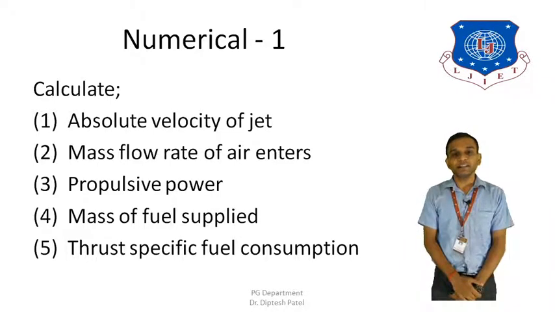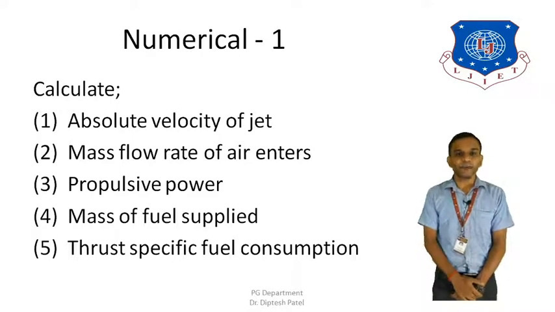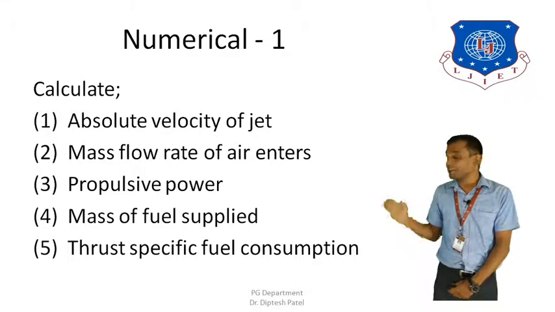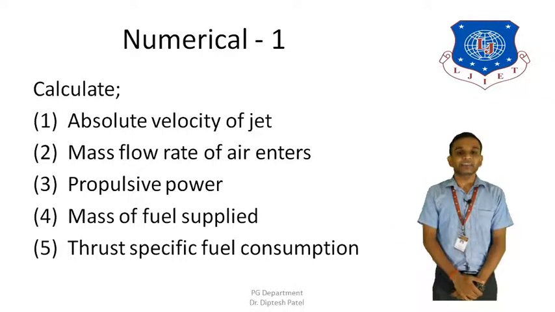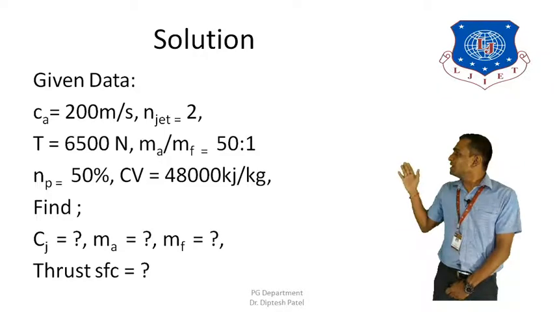Normally these kinds of numericals are asked for 7 marks in the exams, and it's quite easy once we understand the different formulas to solve these numericals. It should be a lot easier compared to the theory questions, and the formulas have been derived already in lecture 3 of Principles of Jet Propulsion. So you can refer to those formulas, and you should be able to solve these numericals. So now let's solve the example. First of all, we'll go through the given data.